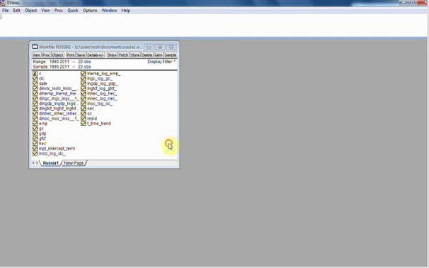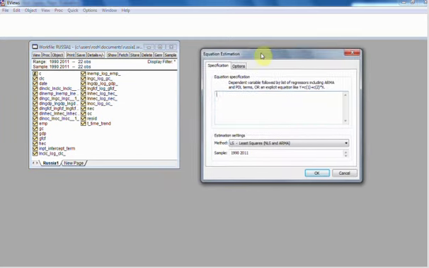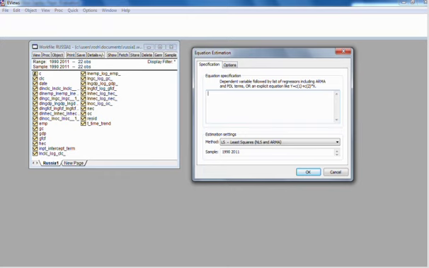Now the first step, as you know, to conduct the ARDL approach to cointegration is to see if there is a long-run relationship among my variables. To do that, I need just to estimate a simple OLS equation, and for that I have